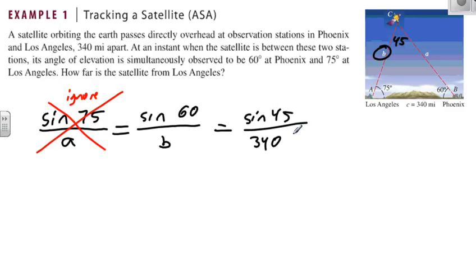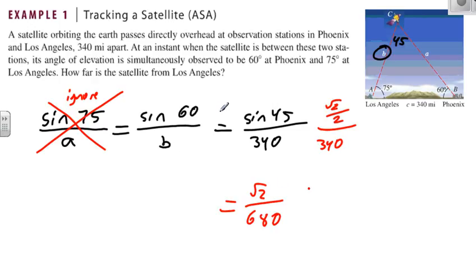So that would be square root of 2 over 2. So sine of 45 is square root of 2 over 2 over 340. We can simplify that to be just the square root of 2 over 2 times 340, 680,